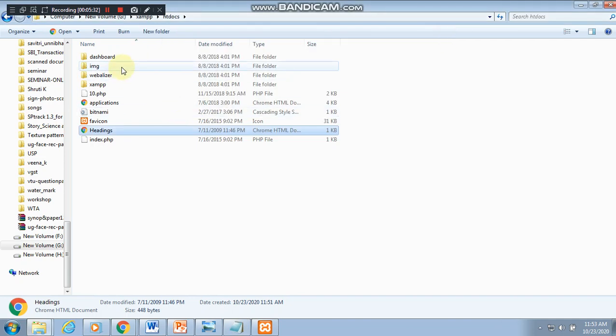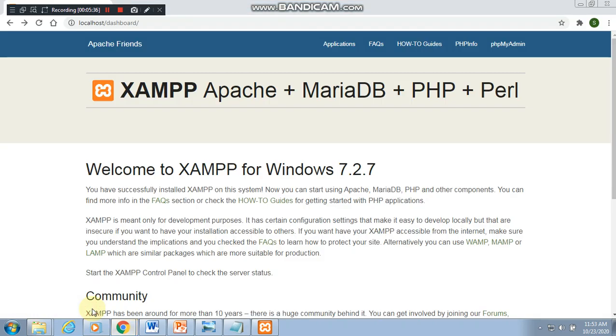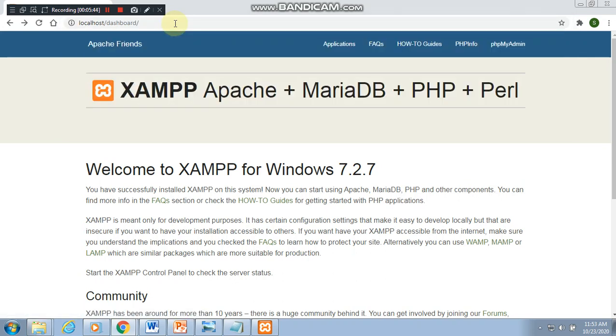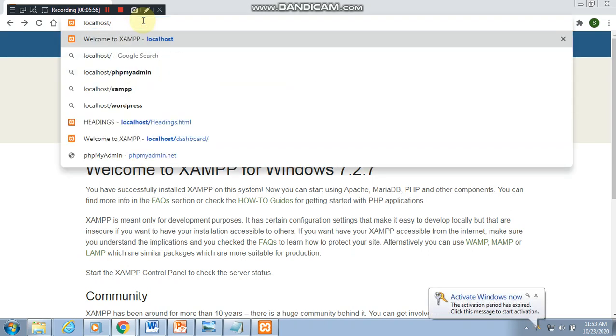What we are supposed to do is open that web page where we demonstrated that the server is started. First, before opening, check whether it is on or not. Yes, it is on. That's why we are able to see the start page. Keep localhost as it is. After this, we have got a dashboard. Just remove that part and type your file name here.